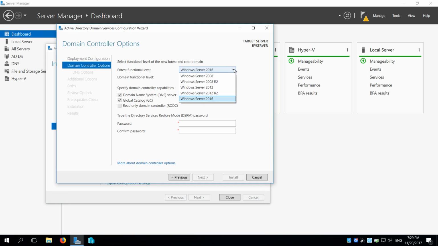Now I normally shoot the functional level back down to Windows Server 2008 Release Candidate 2, just to make sure the function level for all your users and whatnot are compatible. And then of course you just create a password that you're going to remember. This is your root password. When you add additional domain controllers, this is the password that you need. Just hit next,